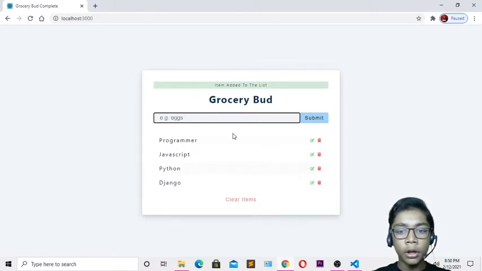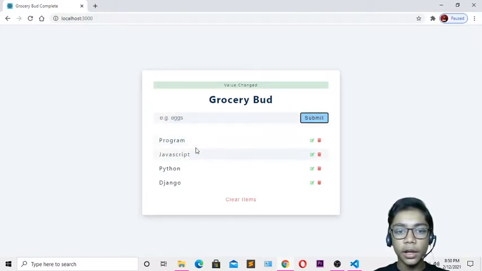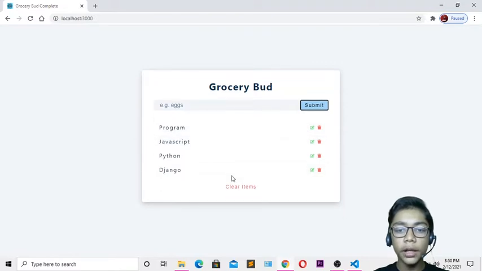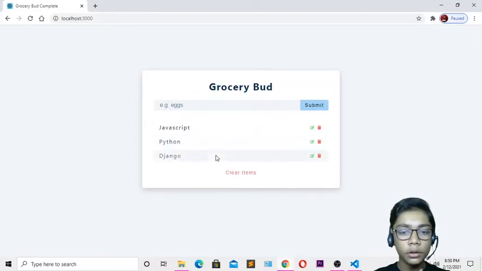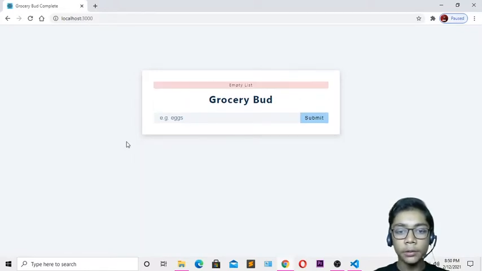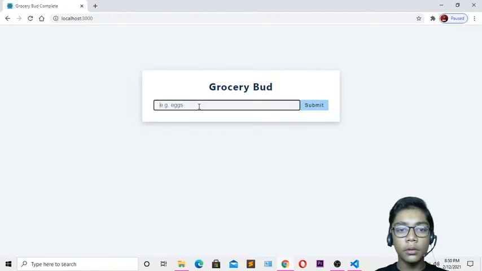You can see not all things are added, and you can also edit that if you want. If I press edit, you can see that it is coming and you can edit. If I write "program" and edit or press enter, you can see that it has been edited. And if you want to clear one thing, just clear it by that. And if you want to clear all the things which you have written, press this clear items button, so you can see all the things are gone and over here there is an empty list. So hit refresh, and you can see it is just in its own location over here.